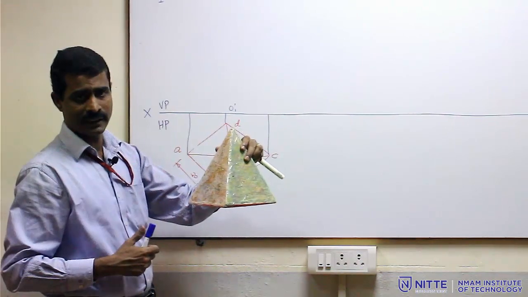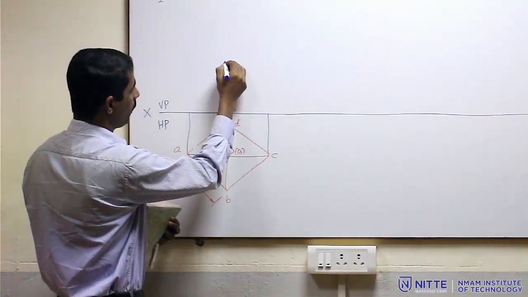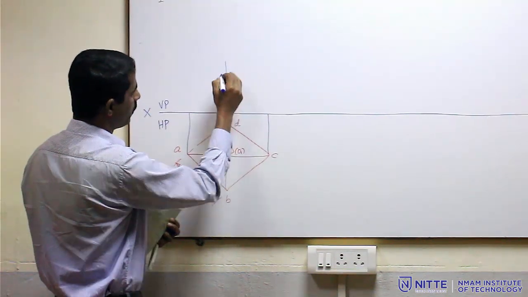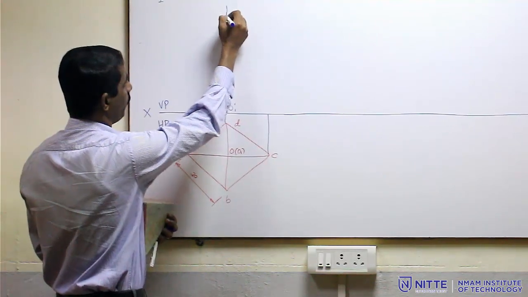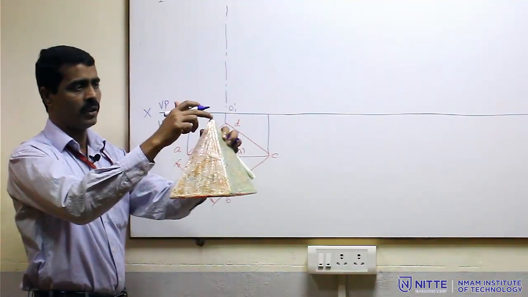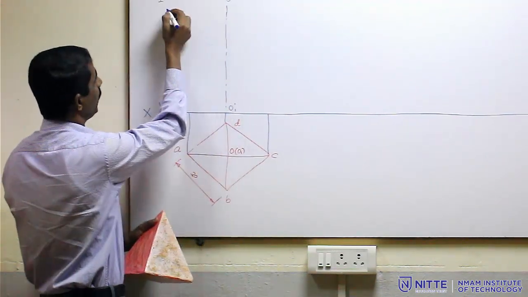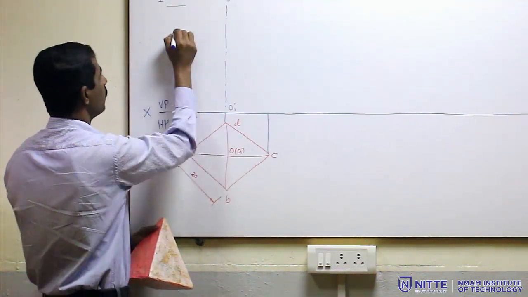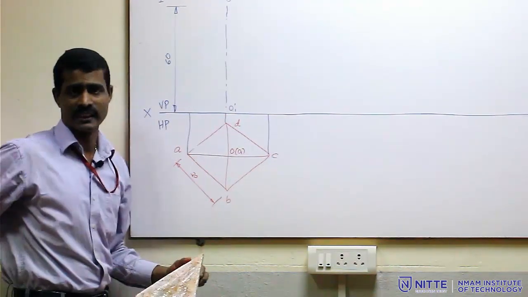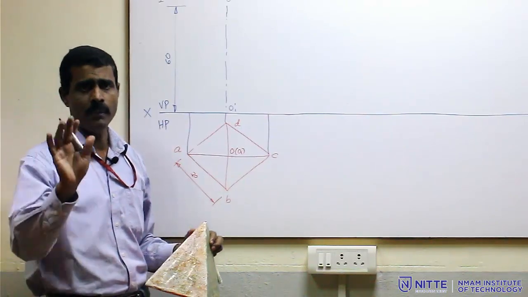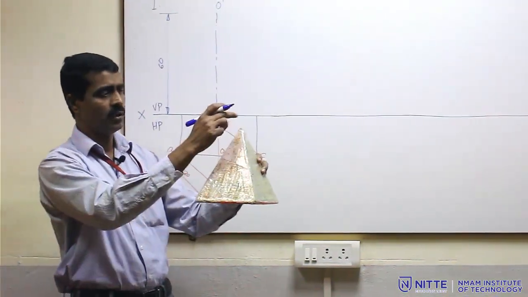So, let me draw the axis here, because in the question the axis height is given, which is 60 mm. So, let me draw the axis for 60 mm, and when I draw a 60 mm line I am going to get O dash. So, O dash O1 dash is nothing but the axis which is having a length 60, which is given in the problem. So, in every pyramid problem the axis is a must, and the axis is nothing but O1 dash to O dash,